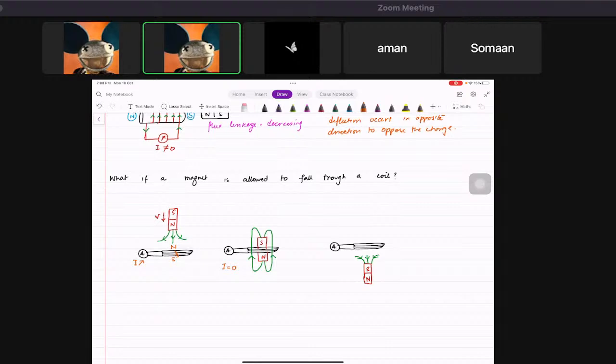And what about the third one? What do you expect at the bottom? North. North, because it needs to attract it back, it's falling down. So that means the current now will be moving in the opposite direction, like this. Is it clear, everybody? Do you understand this? So whenever you need to induce current, you've got to have some change in magnetic flux linkage. Without the change, there won't be any current. I hope that I made myself